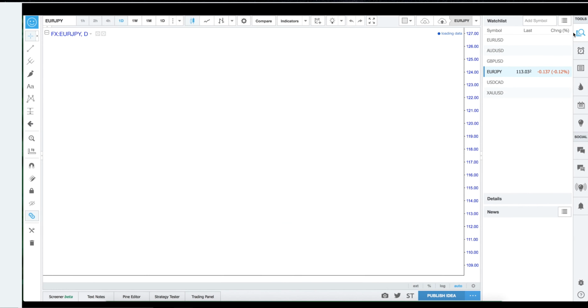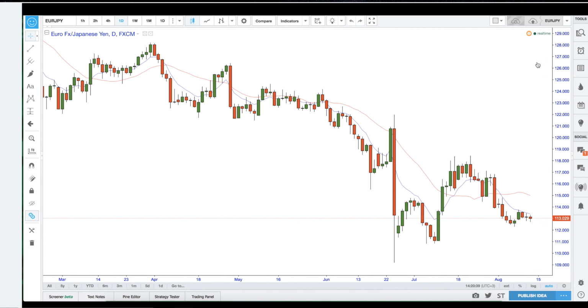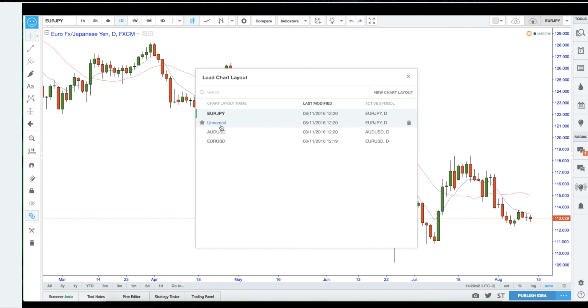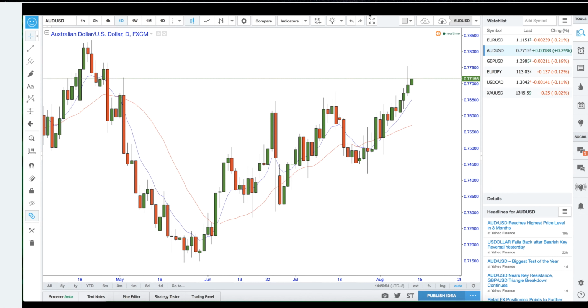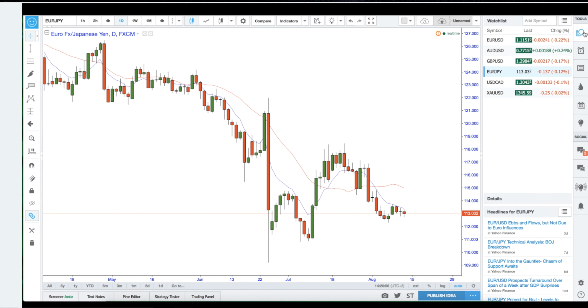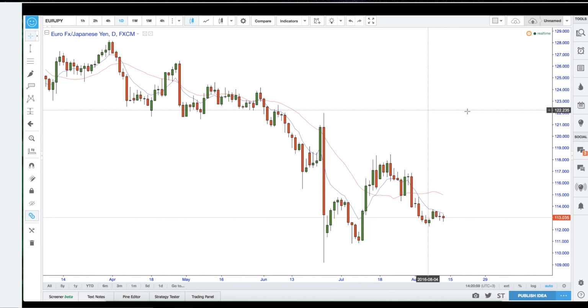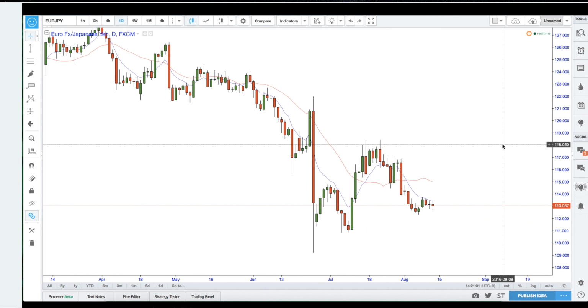All right. So that is how you build up your individual currencies, and then we have the unnamed there. So we can always play about on unnamed, add new currencies to unnamed, so on and so forth. The other feature I'm going to go into in a moment, I'm just going to close these down. I'm just going to remain on the unnamed for a moment. So here it is. Here's the unnamed. In some of the examples I'm going to go through throughout the course, I'm probably going to be looking at split screens, not individual screens, but split screens in terms of charting screens on the TradingView platform in itself. So the other feature I'm going to go into is this.